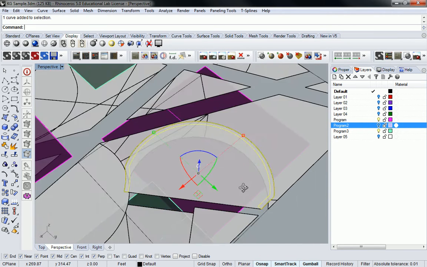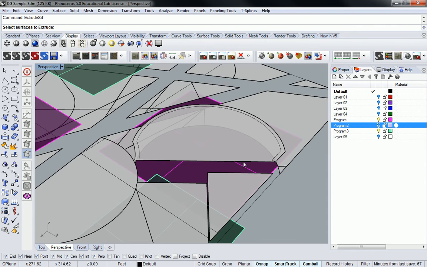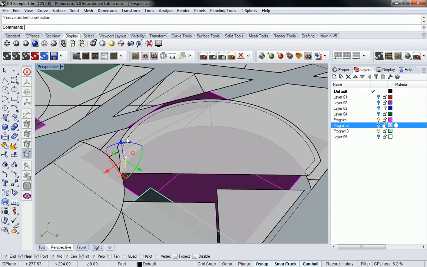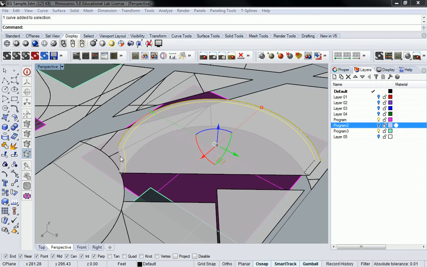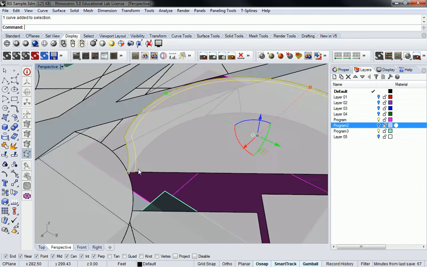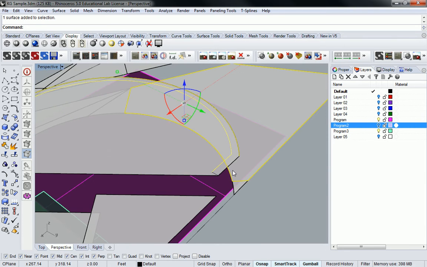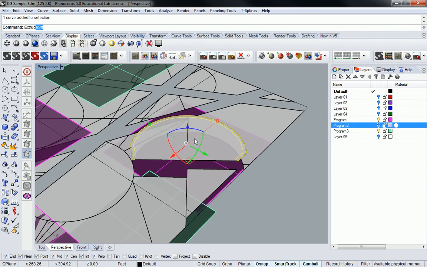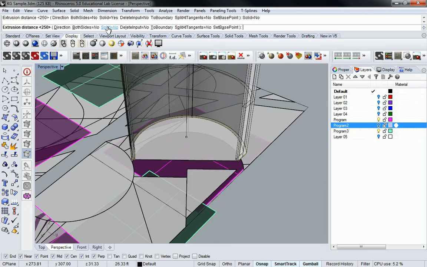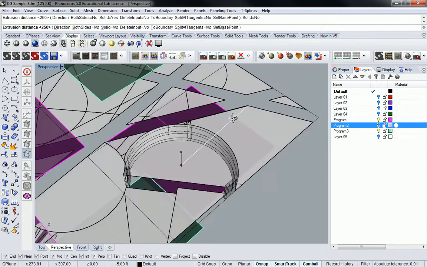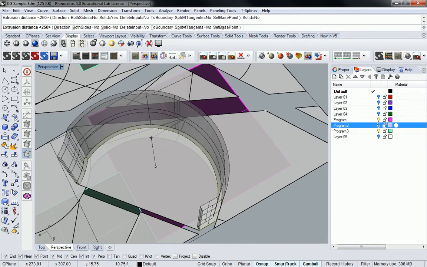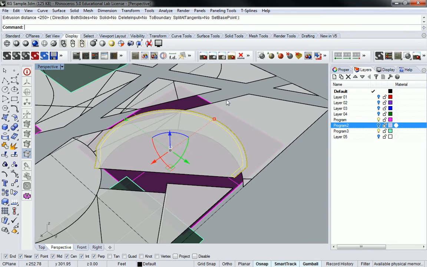Grab all those edges. I'll extrude. Whoops. Select previous. Darn. Alright, let me grab those. Grab them again. Make it solid. If you try to do this and it doesn't make it solid, then there's probably a corner that's broken somewhere, which it looks like mine has. So I'll have to troubleshoot that in a moment. But the objective,